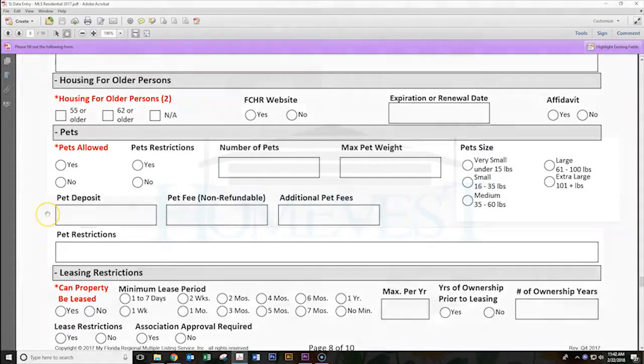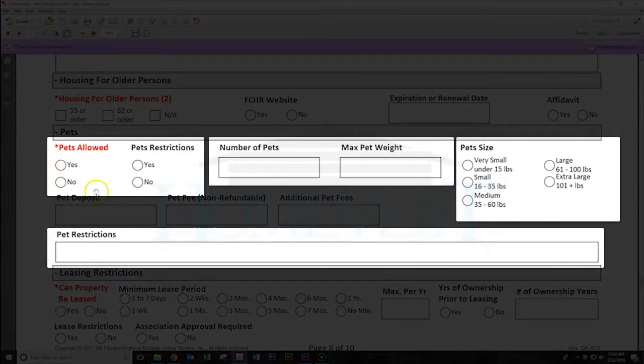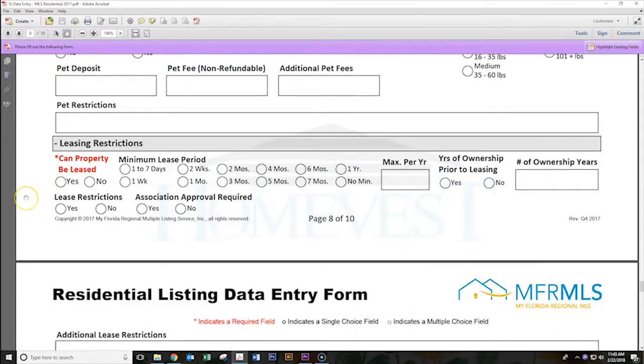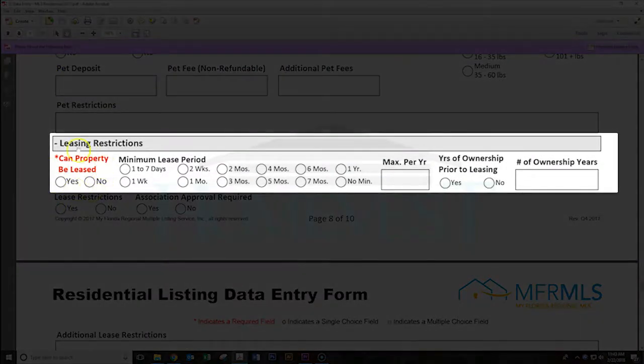For the pet section, if yes is selected, you must state whether there are pet restrictions. If there are, you will have to fill out the number of pets, max pet weight, pet size, and include text for pet restrictions. If you select yes for can property be leased, you will have to select the minimum